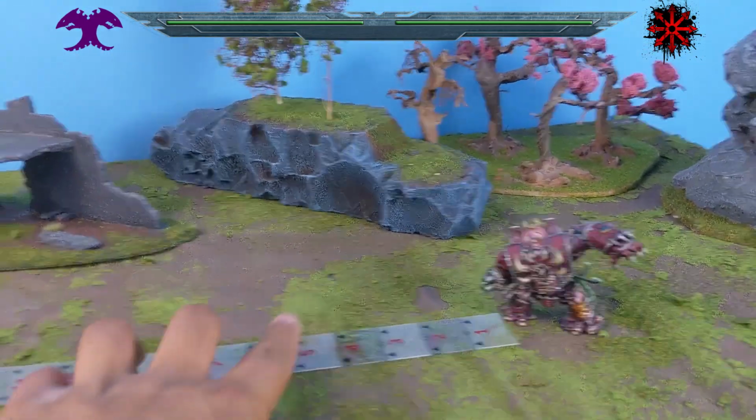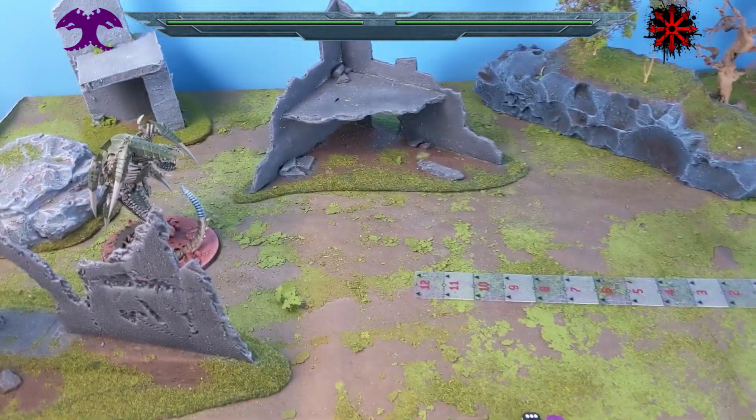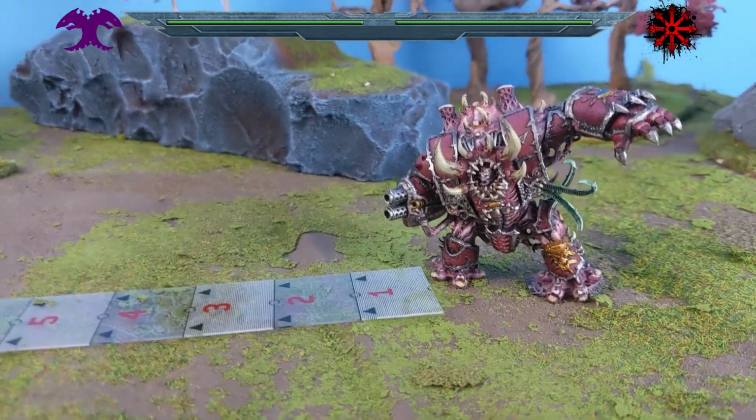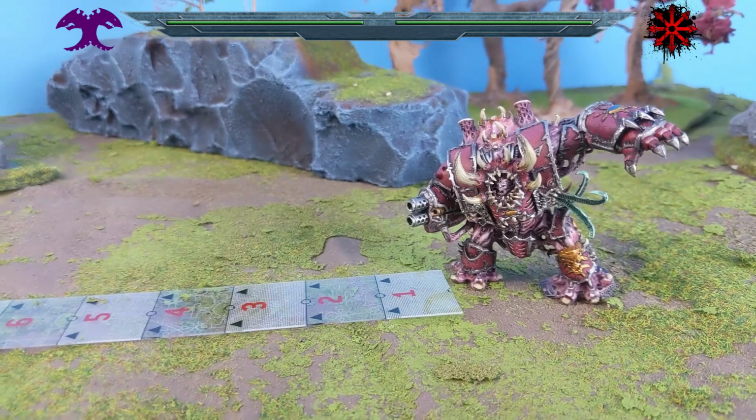Let's see if they're in range. It's 24 inches for a multi-melter. How we're looking? So what's that? Yeah, that's definitely covering half the distance. So it's not half range, so we're not going to get to do special things with it. It's just going to be one straight shot